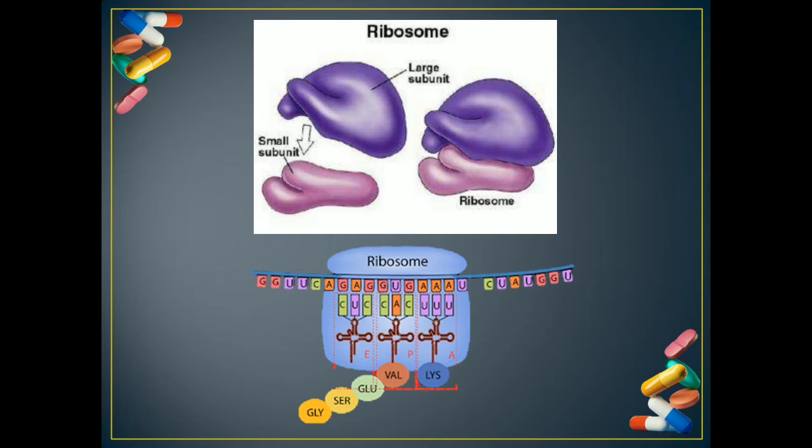Now in case of a bacterial ribosome, I have these two subunits. So these are points where the antibiotic can come and attack. These ribosomes only act as a workbench. They are not able to do the protein synthesis on their own. They are only providing a surface area, or they are only providing the workplace for the protein synthesis to happen.